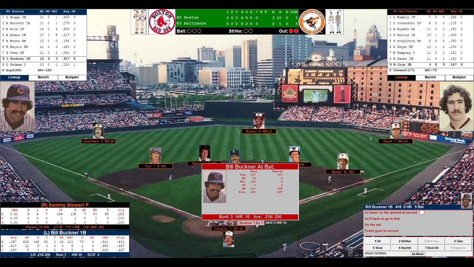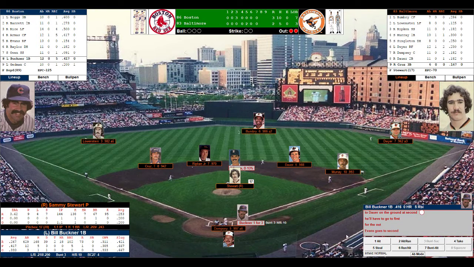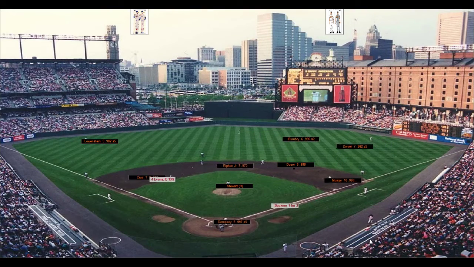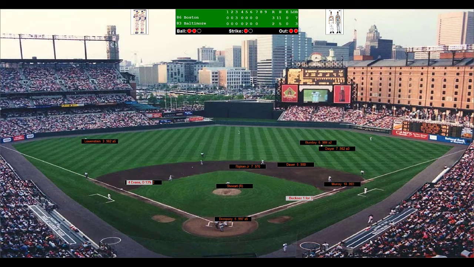First base is open, and Rich Gedman is on deck. Buckner batted .290 off right-handed pitching, and he had 18 round trippers. Very big insurance run to Dwight Evans at second with 2 outs. Stewart gets the sign. Dempsey sets the target. Here's the pitch to Billy Buck. And that is a single past Dower.